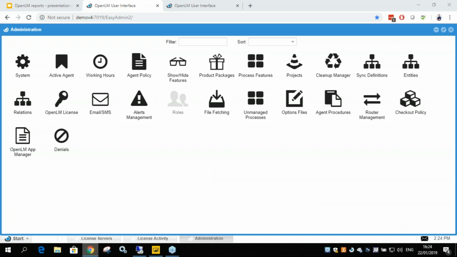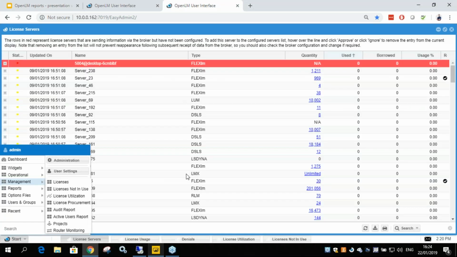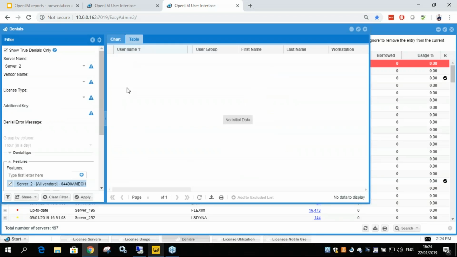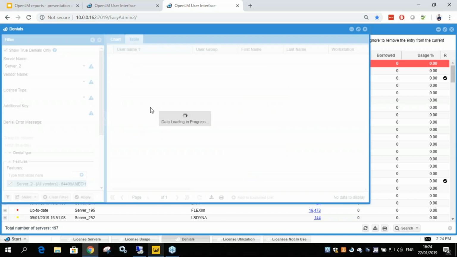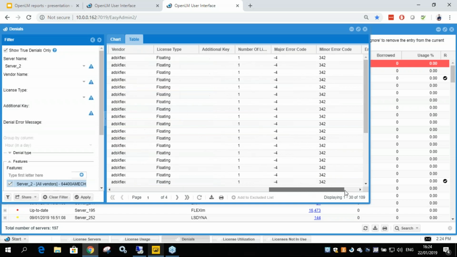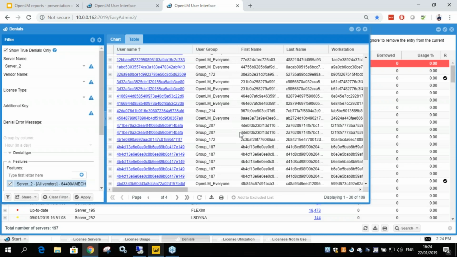Okay, so Brian is asking about the denials report, but I guess he is not asking about the embedded denials report. Let's take a look at the denials report. Here we can see all the denied sessions. Here we can get a table of all the denied sessions, but we still don't have here the amount of